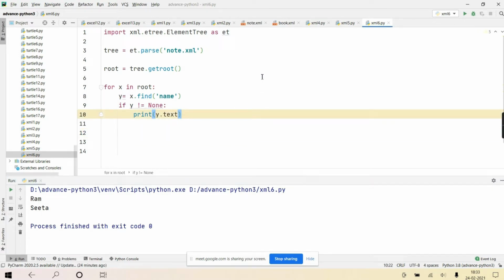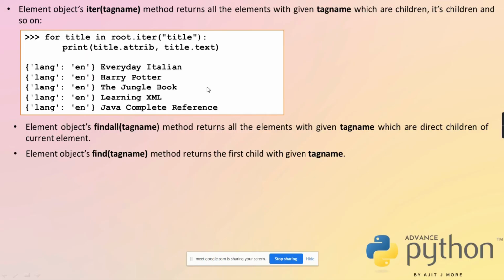Okay, but guys, did you get the difference between findall and iter? Just quickly give me the confirmation. Yes, sir. There is a difference. Okay, and then one more method is there called get. If you give the attribute name to get, it will return its value.